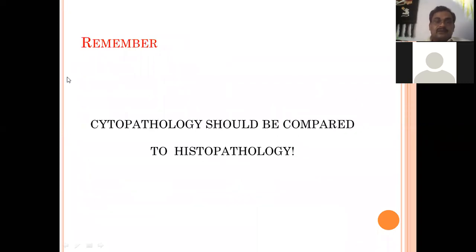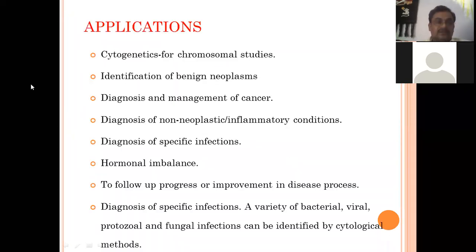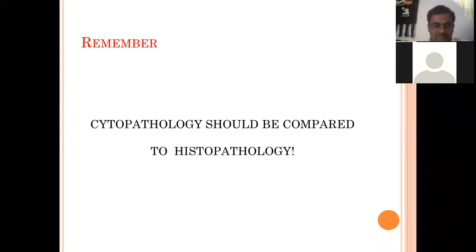As I was telling, you should always remember cytopathology should not be compared to histopathology. Cytopathology is always an adjunct to diagnosis, and histopathology gives you the final diagnosis. Also, one thing you should note is that cytopathology is less sensitive since you are getting minimum samples. There is also a risk of contamination while you are swabbing or brushing some part. If that instrument is not properly disinfected or sterilized, there is a chance of contamination also. So these are some advantages and disadvantages.